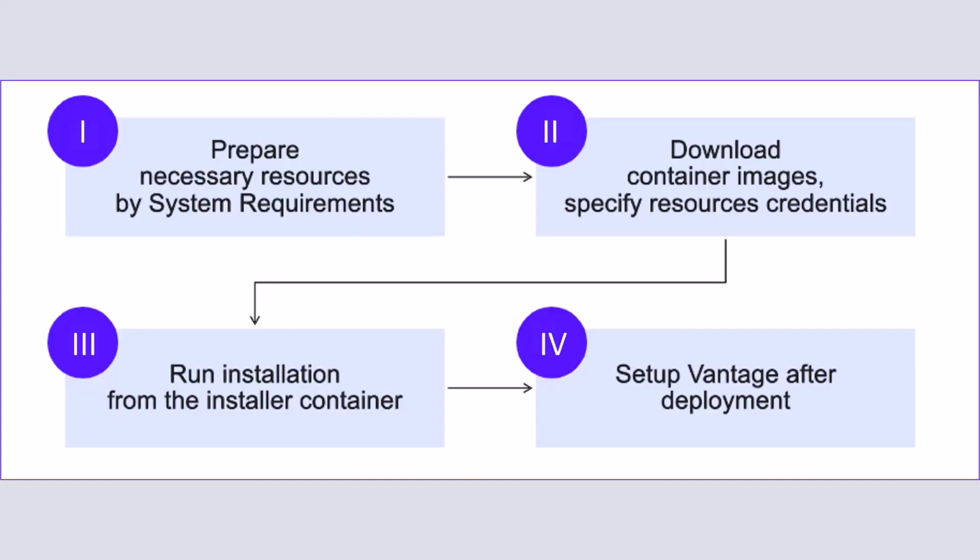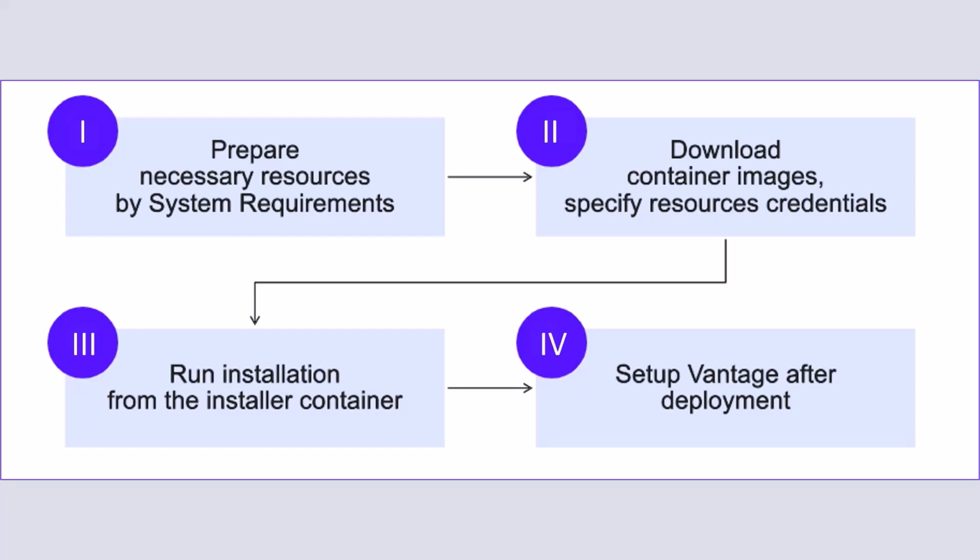As we already mentioned in the course, Vantage deployment consists of four main parts. 1. Creating an infrastructure for Vantage deployment. 2. Downloading Vantage container images and specifying their dependencies. 3. Installing Vantage. And 4. Vantage post-installation setup. In this video, we will cover the first three parts, and we will finish by running the